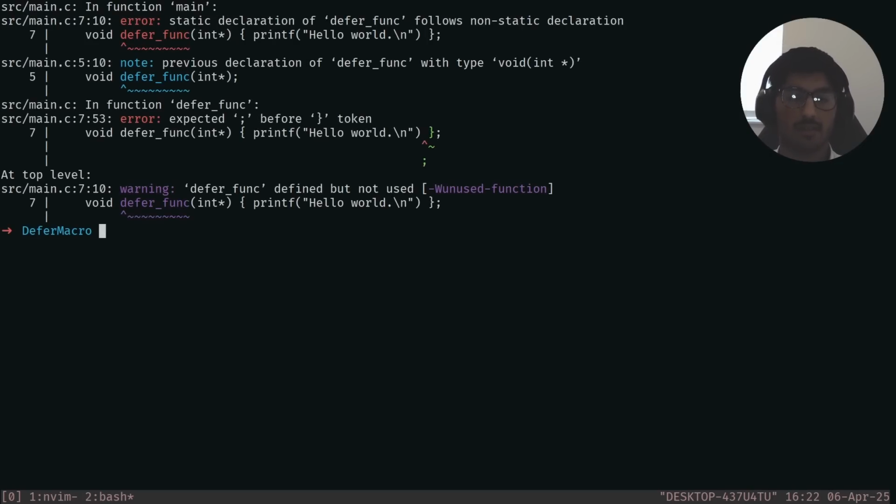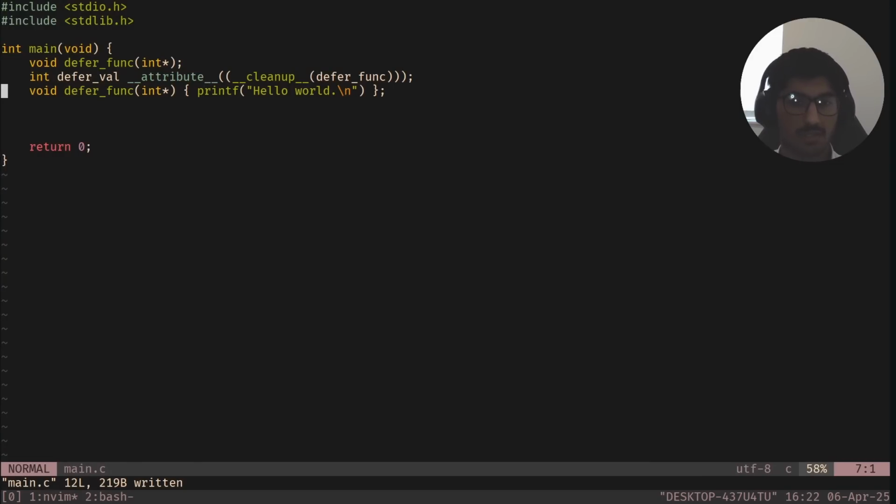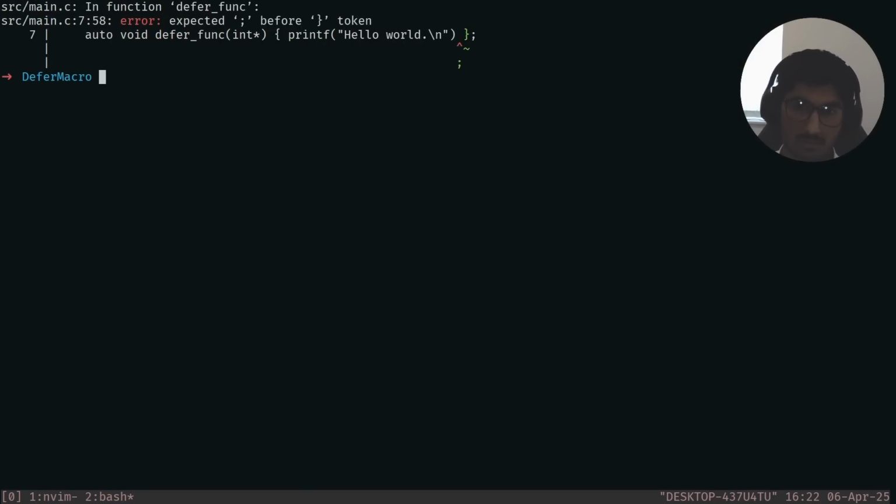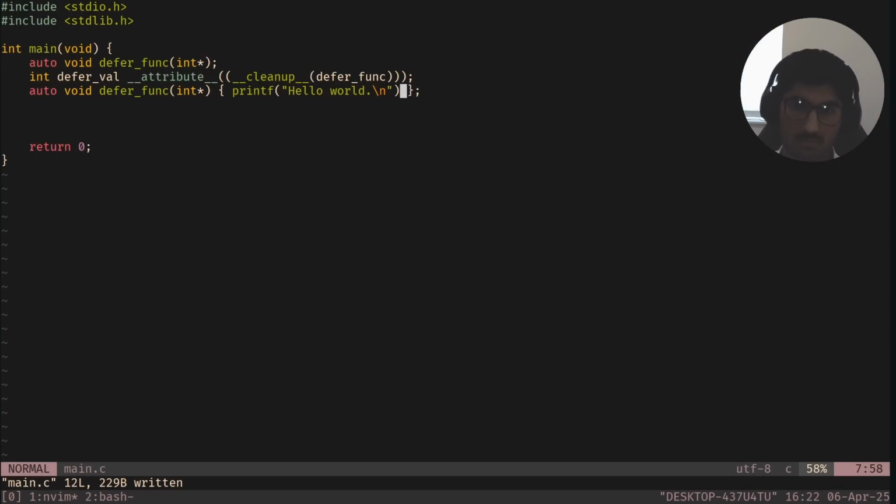an error. So defer func follows non-static declaration. You get some weird errors there. So what does that actually mean? By default, you can't have nested functions inside of C. However, there is a trick you can use to get around it, which is just put auto in front of the function names. I forgot to put the